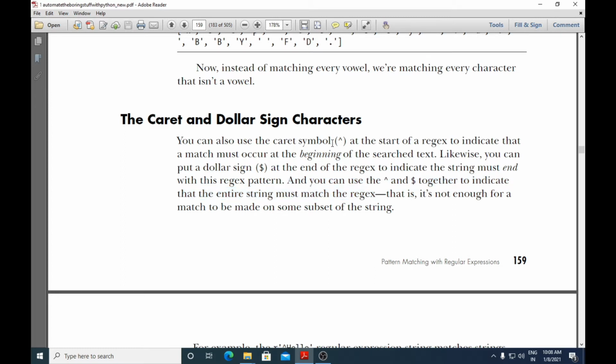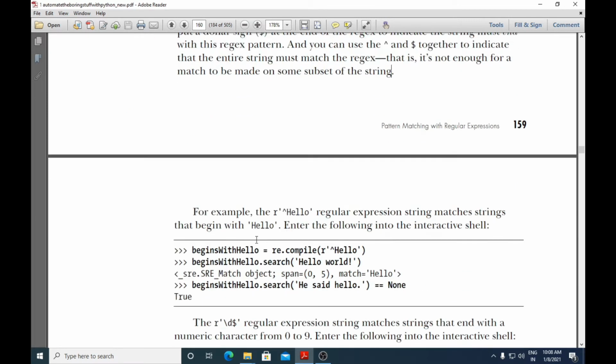If you use caret, it should begin with that regular expression, and whatever comes later is okay. If you end it with a dollar, it should end with that regular expression. And if you use both caret as well as dollar, it should start and end with that same regular expression.